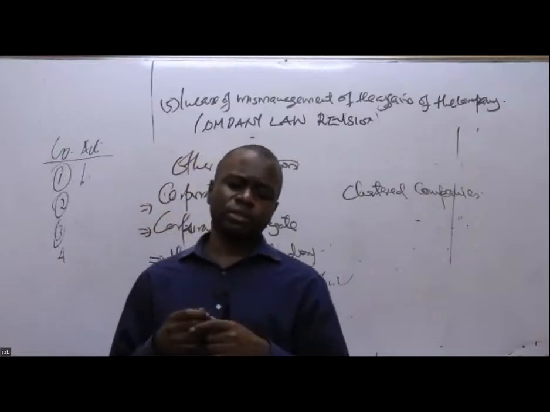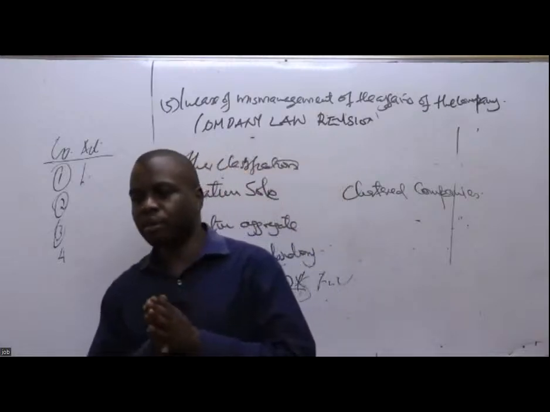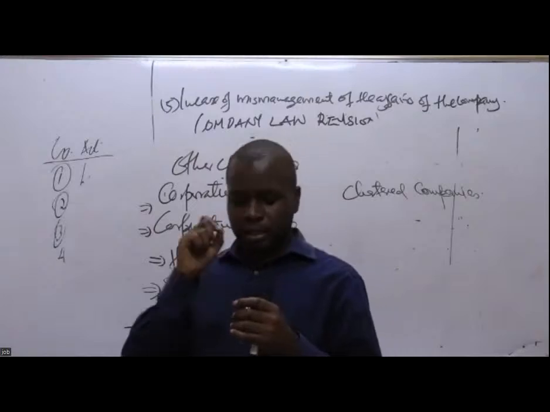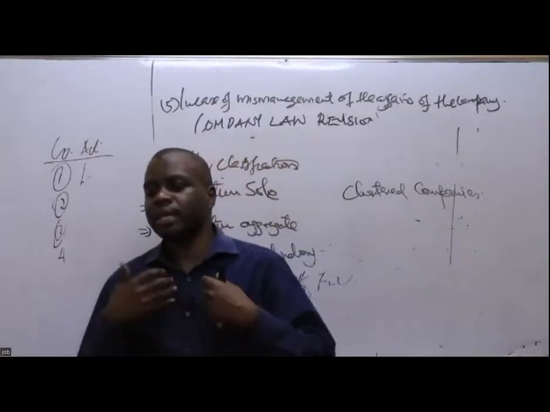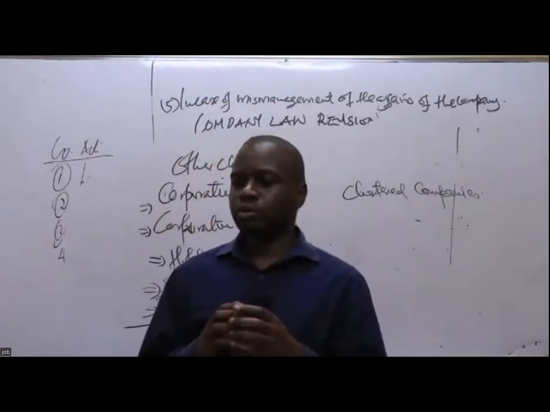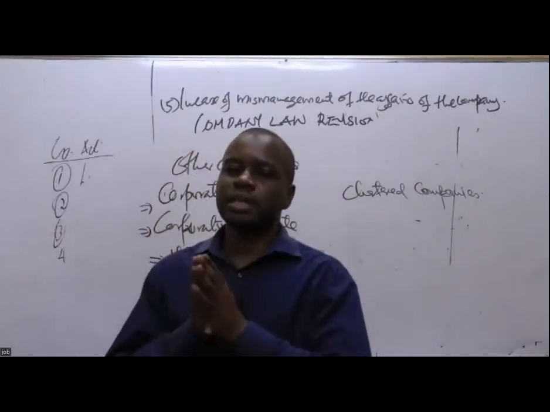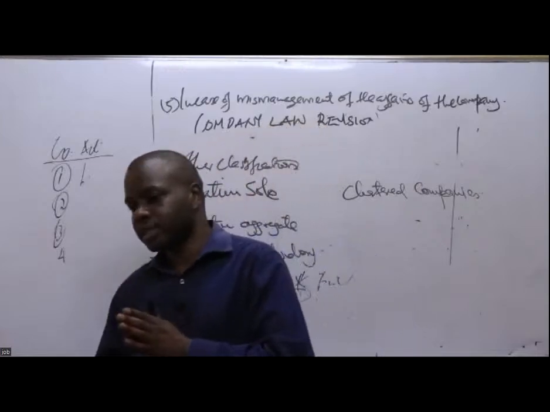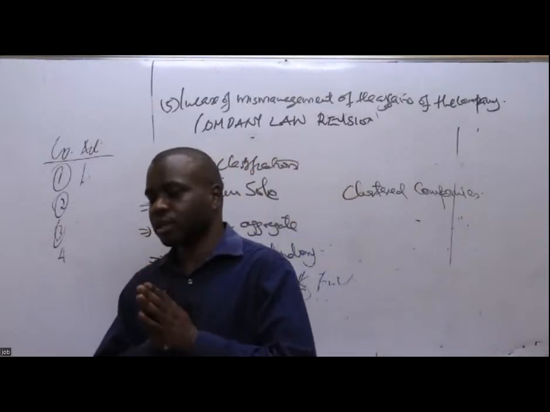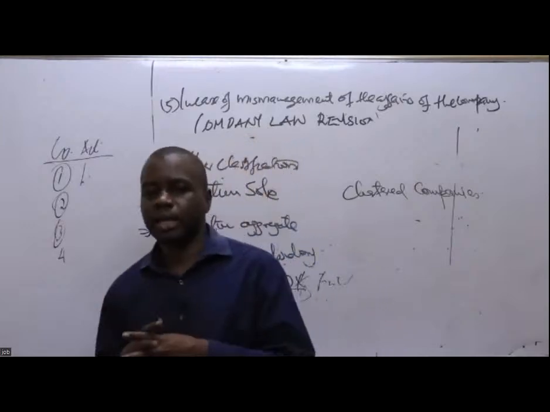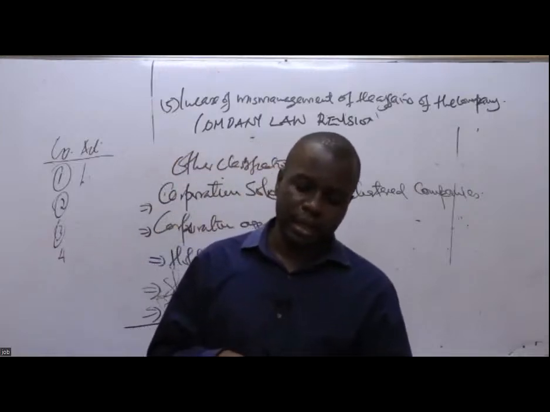You also scratch your head and remember taxation. We learned in taxation that when you are calculating the tax liability of a partnership, you calculate the business profit, then you share the profit among the partners, then you tax them individually. You also remember that in a company, you simply do corporation tax on the company profits. So you can say that in a partnership, tax liability falls on the owners or the partners themselves. In a company, it falls on the company itself through what we call corporation tax. I hope you are getting my point.